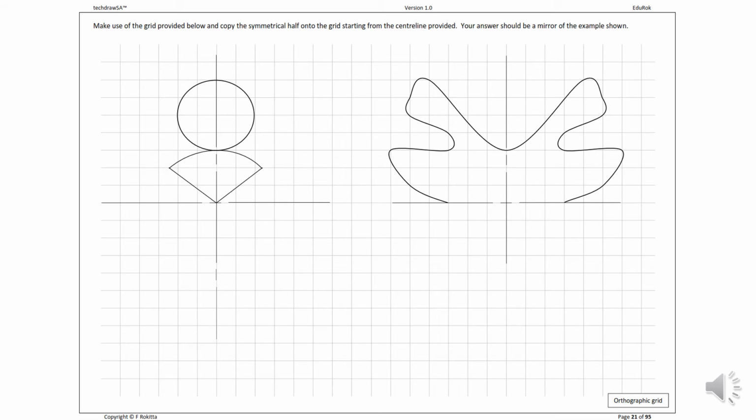We will work with the horizontal center line in the middle, and we will work our way down, and we will draw the arc, and then we will count the blocks to make sure that we know where the center of our circle is, and we will draw the circle. Please note the space that the arcs of the circle or the edge of the circle will occupy through each